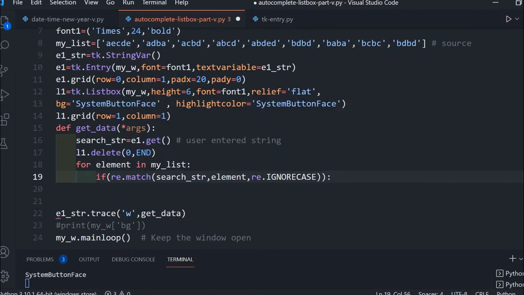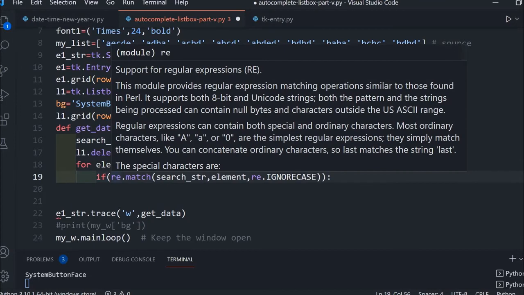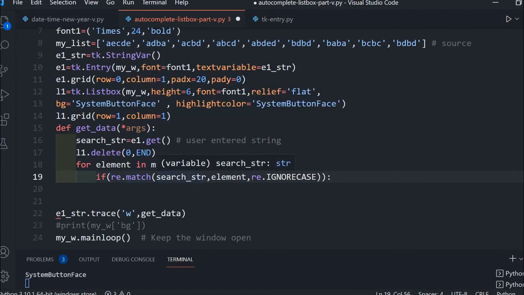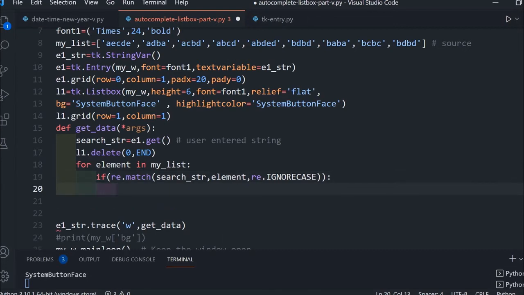So it will check and return true or false. I am searching with the search string, and element means every step inside the loop. If it is true, then this if will be true. If it is true, it means it's matching, so I must show it as an option.